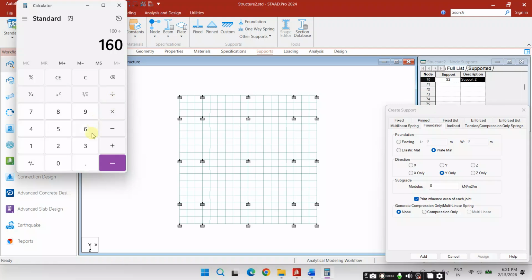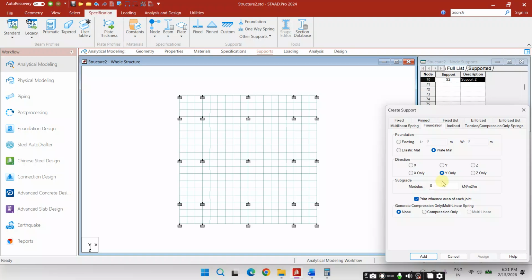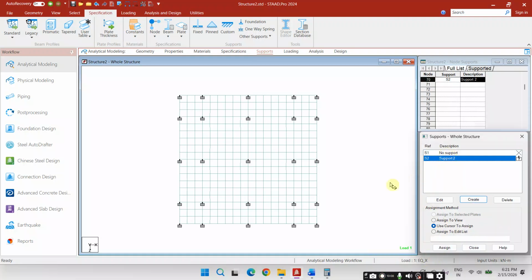So 75 mm is equal to 0.075. This is the subgrade modulus of reaction, 2133.33, and in round figure it will be 2133. So this is the vertical subgrade modulus of reaction, 2133,